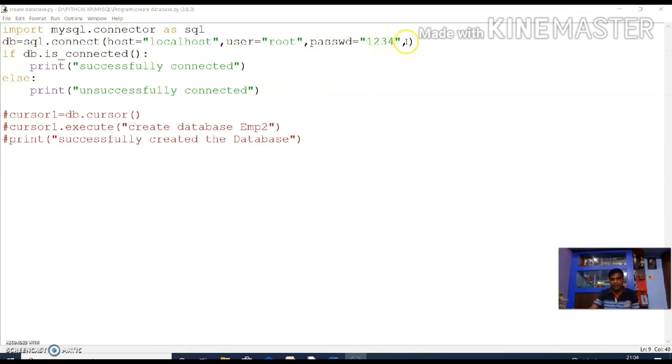The next parameter is the database. I have not written this database because I am creating the database.